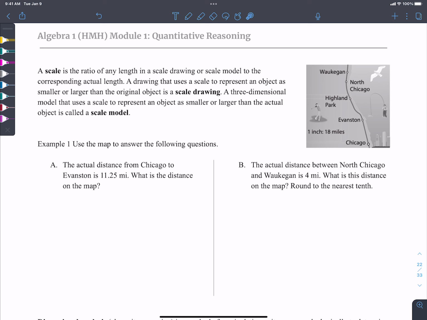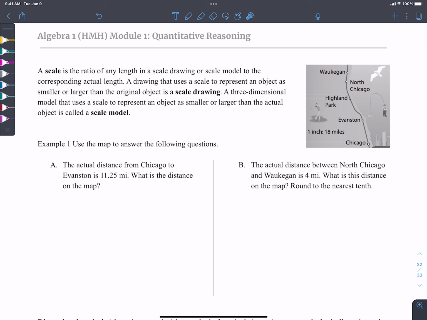In here, we talk about scale drawing. Okay. Once again, the scale is a type of ratio of any length in a scale drawing or scale model to the corresponding actual length. A drawing that uses scale to represent an object as smaller or larger than the original object is called a scale drawing. Most of the time, such as a map, a scale drawing would be smaller than actual, because I think,